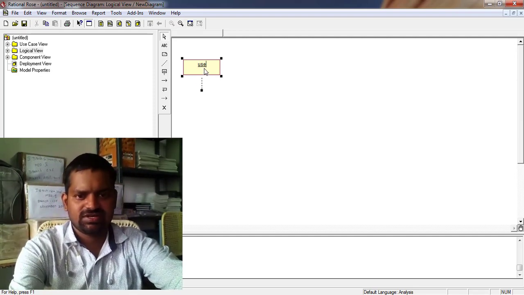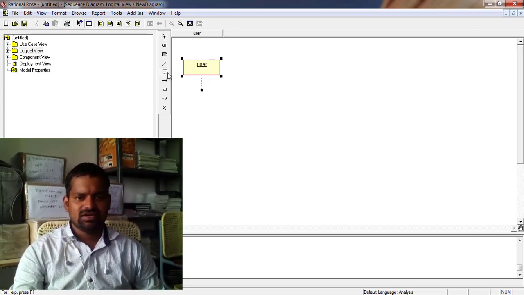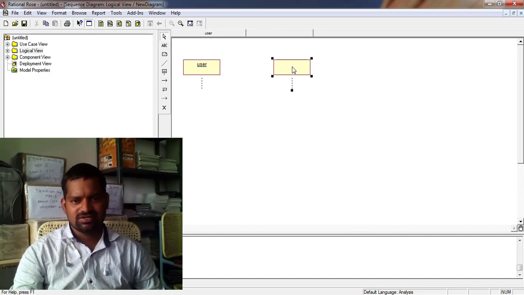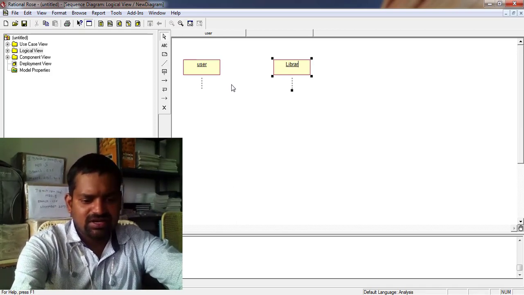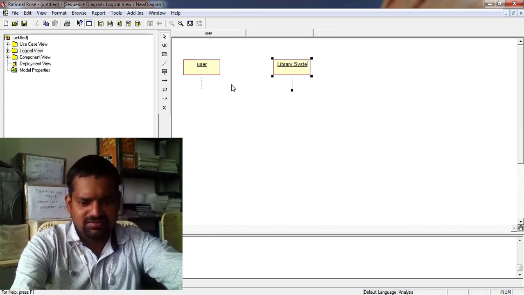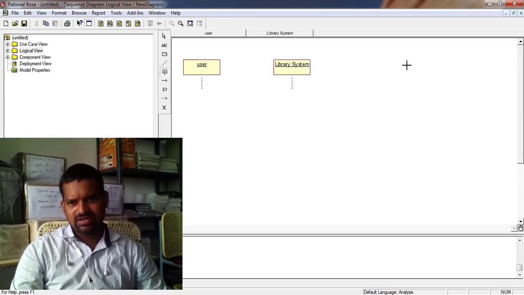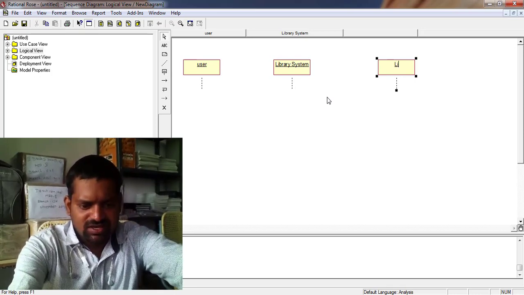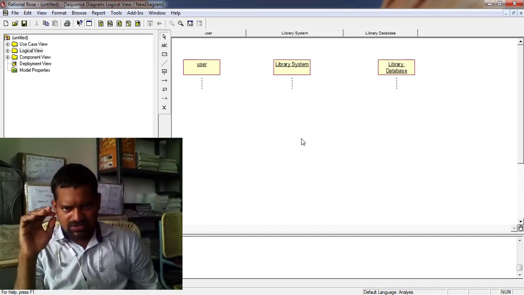User is the object. Also click another object, the name is library system. You write library system, and the next object is library database. So three objects we placed.